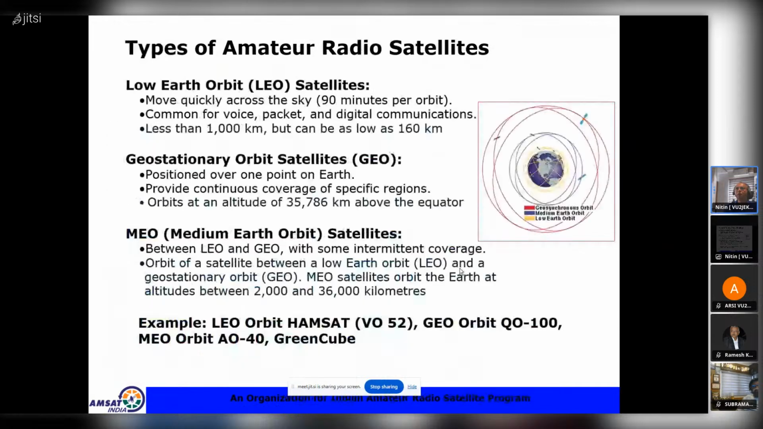So coming to the types of amateur radio satellites, again, we have satellites based on the orbits. The first one is the low Earth orbit, which we call LEO satellites. They move quickly across the sky, 90 minutes per orbit, and are mainly common for voice, packet, and digital communication. They are less than 1,000 kilometers, but can be as low as 160 kilometers. At 160, we also call it a very low Earth orbit. So this is normally the orbit of the